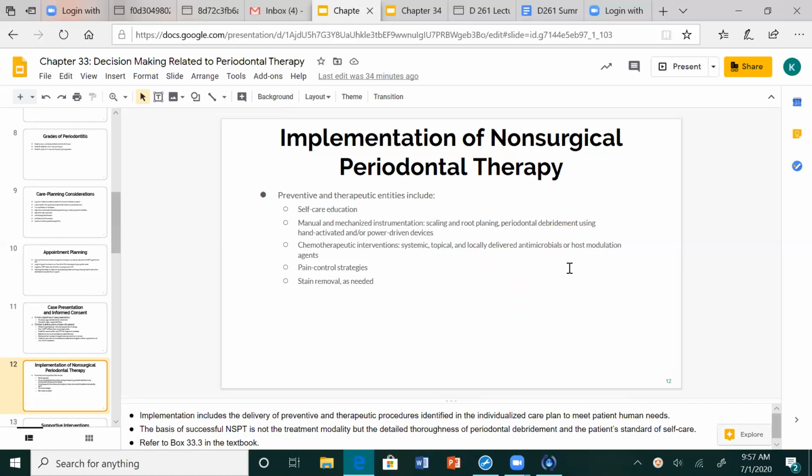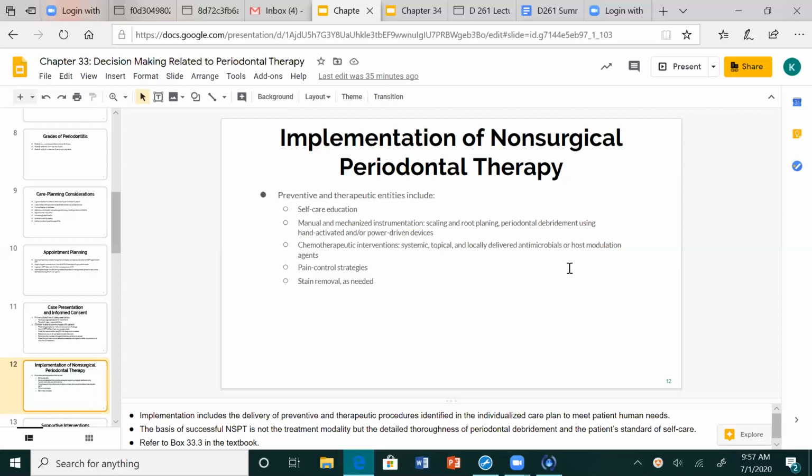So like if we have an advanced case and we decide we're going to use Paradex, I'm going to let my patient know that I only like to use Paradex for short periods of time. So they come for their initial appointment. I do a full mouth debridement, have them start using Paradex. And then I'll warn them it's going to cause some stain. When you come back for your deep cleaning, I'm going to take it off. So then give them the Paradex, let them use it for 4 weeks, do their scaling and root planing, and then